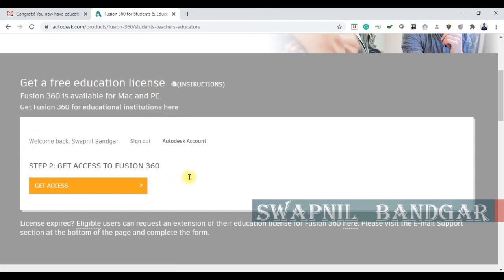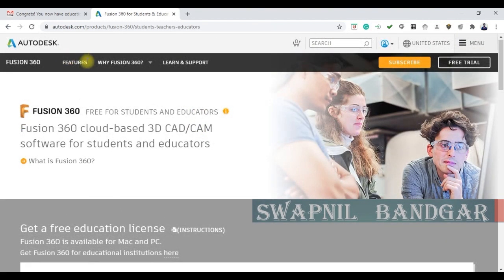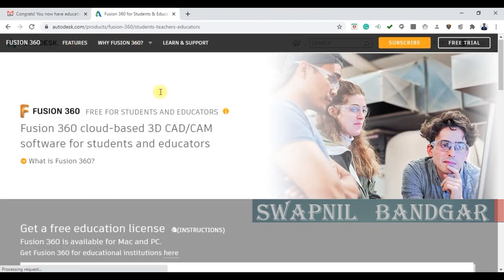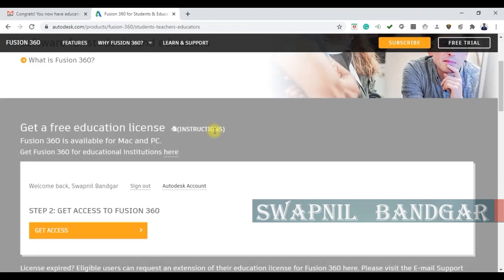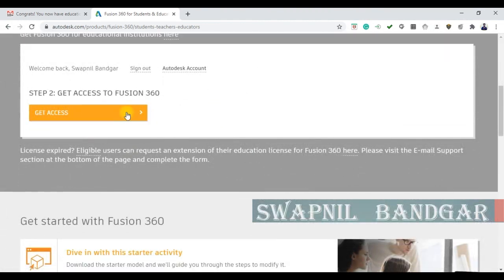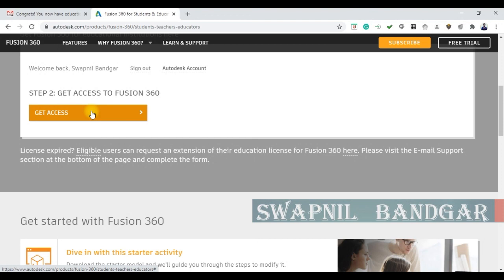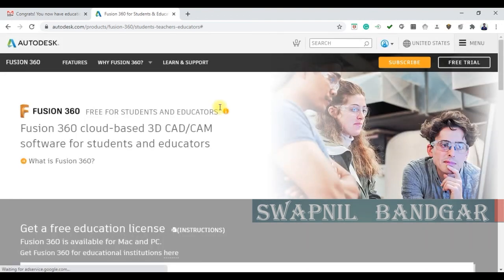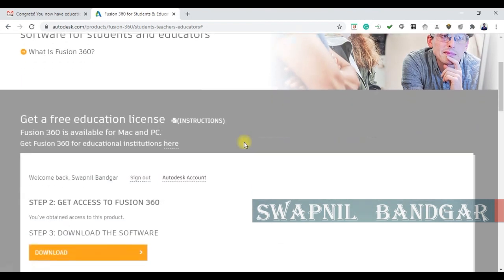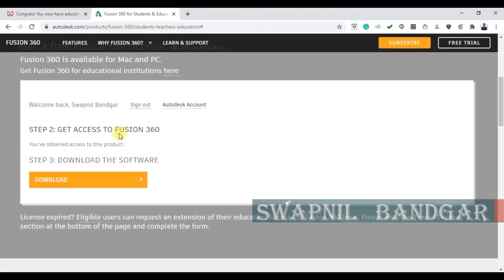So on this page, you can see this. Okay, so once we click that link on this page, we will have this link. You have to click on get access. And if you click it, it will give you access, and the download tab will be enabled.